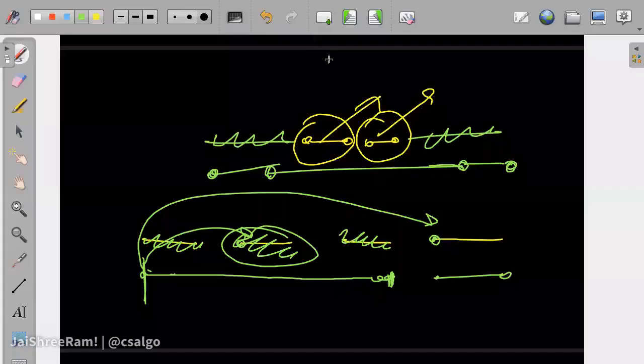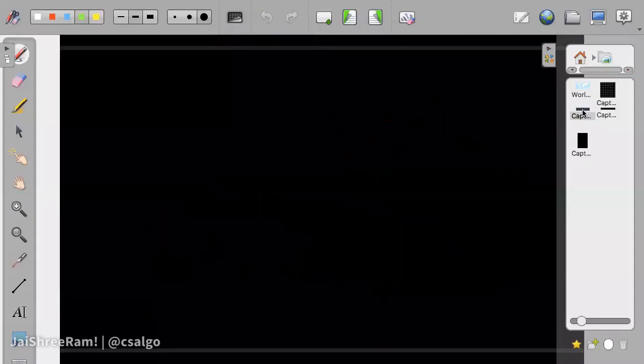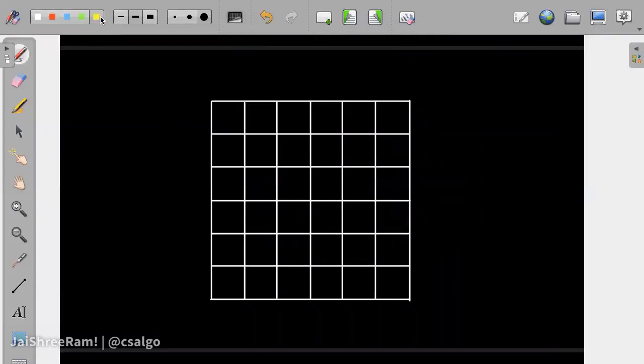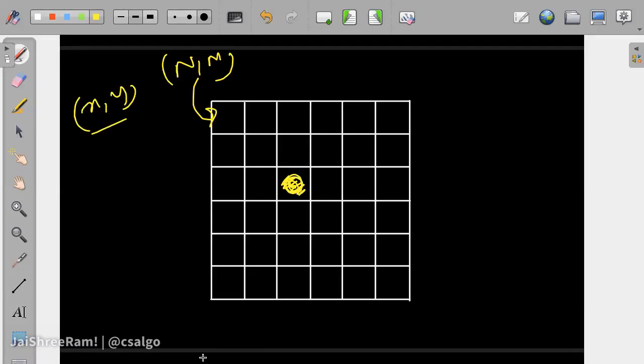Let's talk about the next problem. This will take some time, but it's an interesting one. So let's talk about this particular question. Let's say you are on a vehicle, and it starts at a particular point x comma y on an n comma m board given to you. Whichever cell you move into once, that cell gets destroyed.